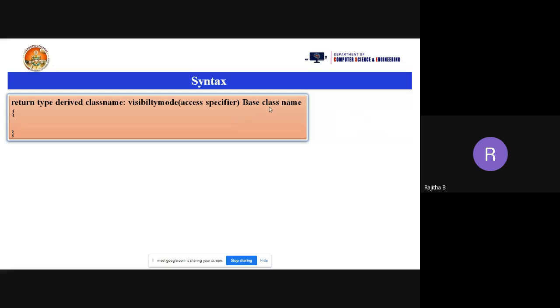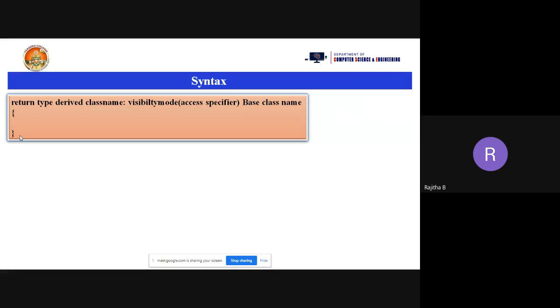Open the braces and close the braces. So the syntax is: return type, derived class name, colon symbol, visibility mode or access specifier, then the base class name, open the braces, you can write some statements and close the braces.